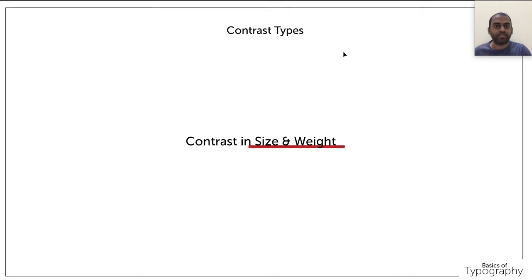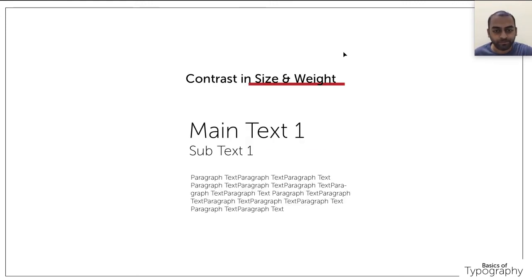The first two things are picked up together and used. Generally, contrast in weight alone, most people will not use, unless it is in a caption kind of thing. For example, finance for non-finance people, there you can go for just contrast in weight alone. Finance alone can be in bold and non-finance people can be normal, so that there is a contrast in weight. But generally, contrast in size and weight both work together. Okay, so this is how the earlier slide can be replaced.